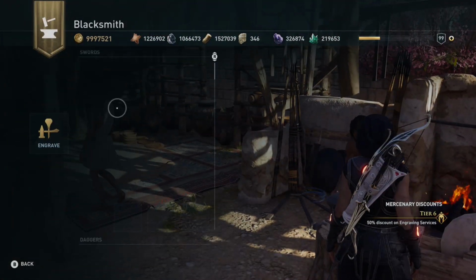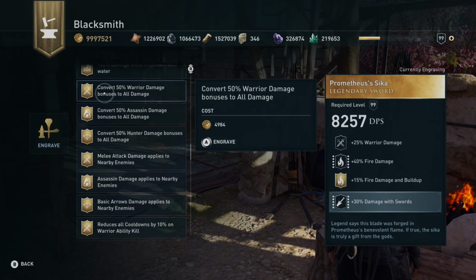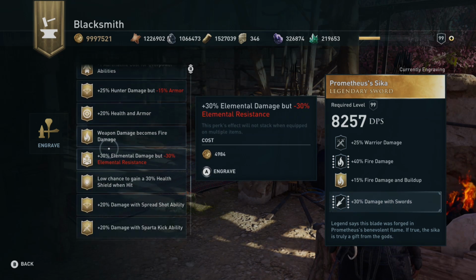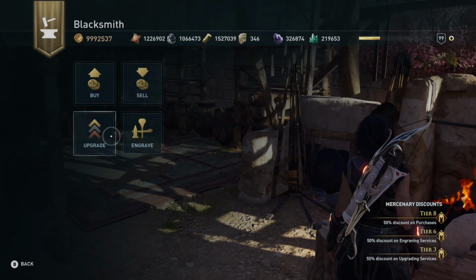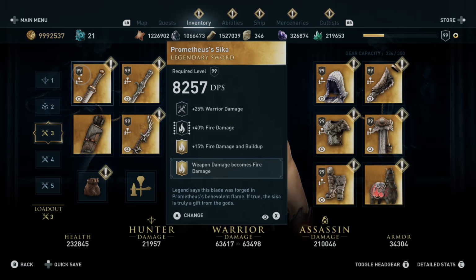But also I would recommend that you engrave on the Prometheus Seeker, instead of the damage with swords, the permanent fire damage engraving, because we have 155% fire damage, and when you engrave the fire damage perk here, you will automatically have 155% fire damage always applied to your sword. So that is 1.5 times the amount from the 100% Falx of Olympus. We get 155% damage always applied to our weapon instead of the 100% from Falx of Olympus. I've also done a lot of testing with the permanent fire